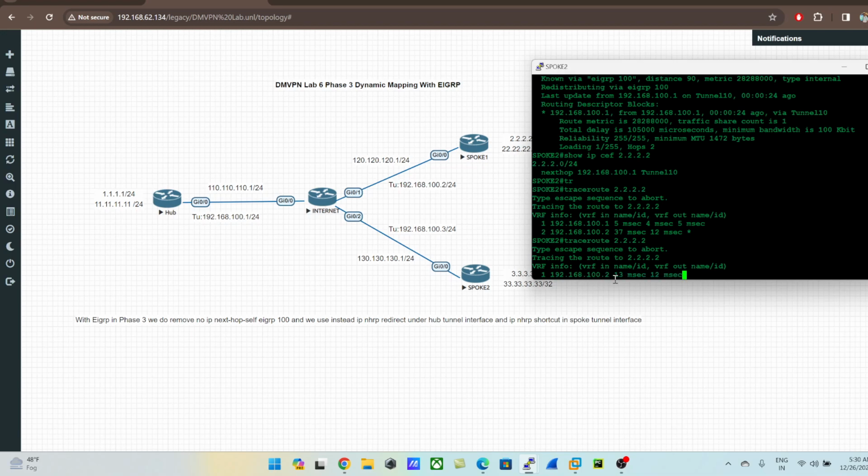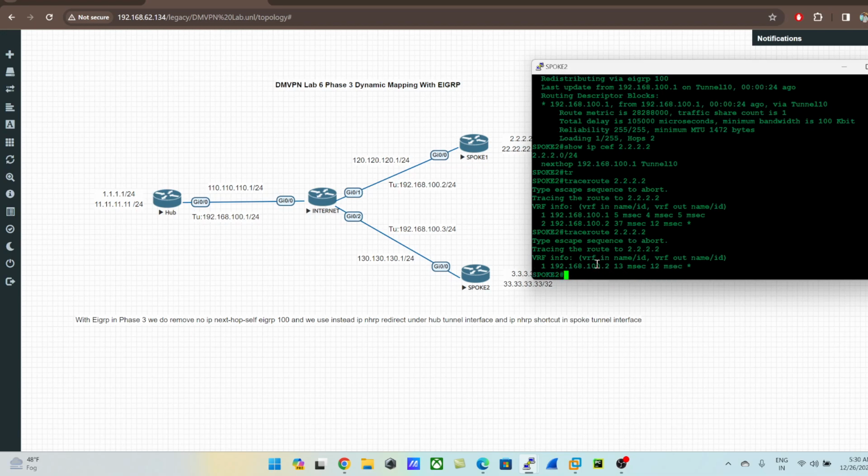See, we have bypassed our hub, and we have directly jumped to our spoke 1. So when you trace route your spoke IP, the first packet will go through the hub, right? And the second packet would be from spoke to spoke directly. Okay, now